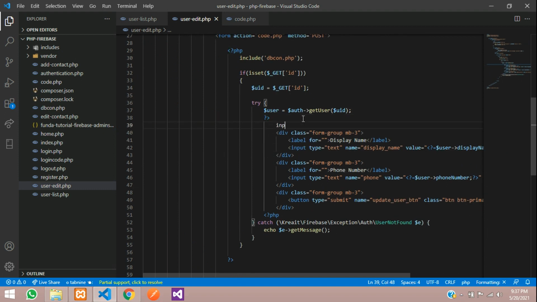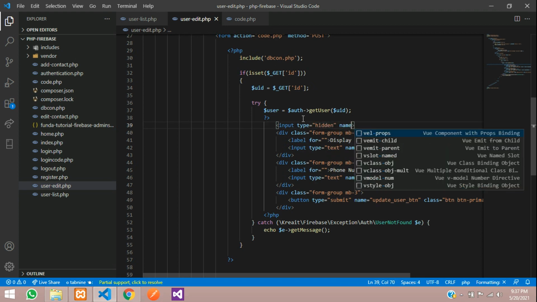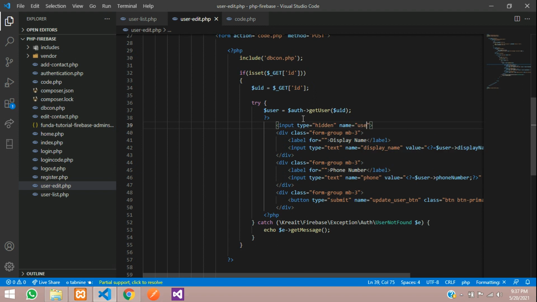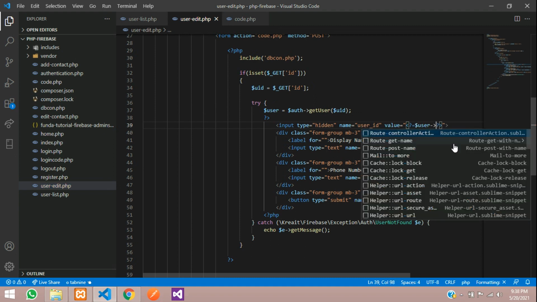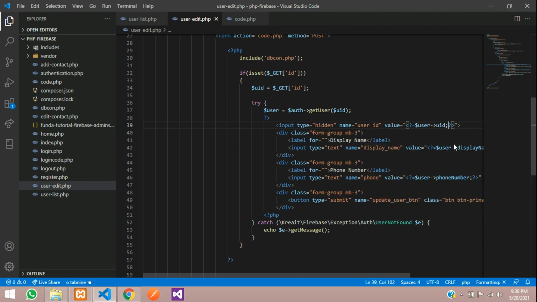So let's create one input tag with type hidden, and name equal to user ID, and the value equal to open PHP echo, close, and inside this $user of, you can get directly UID, or else you can take this UID also.